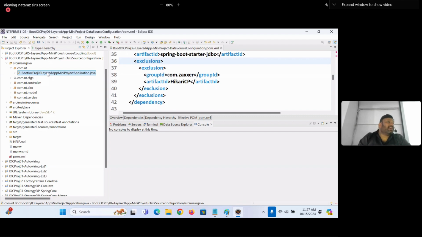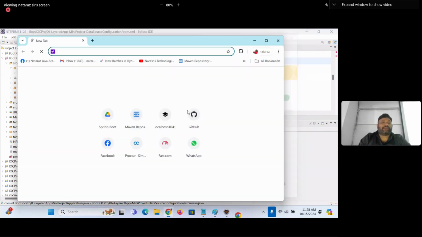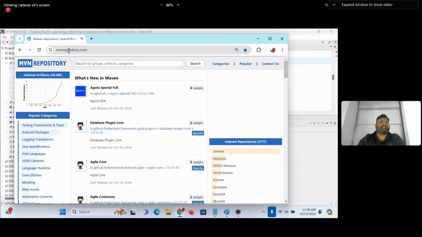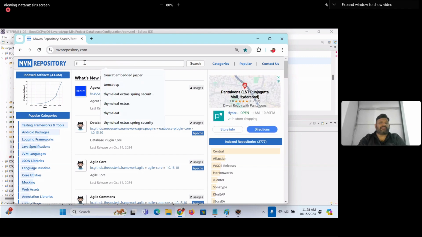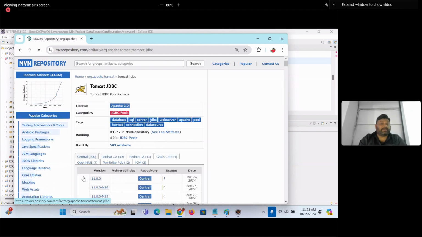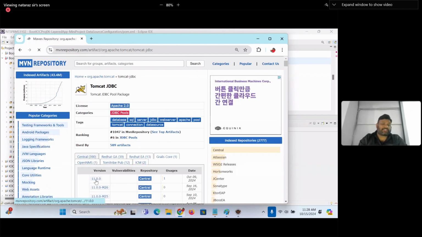Next one, what is? Now, Hikari CP jar is gone. Now I have to keep the Tomcat CP jar, na? That you have to collect from where? Maven, mvnrepository.com. Here, what is the name of the jar file, guys? Tomcat CP. Okay, that's it. Here what is the jar file name? Tomcat JDBC. Whatever version you take,